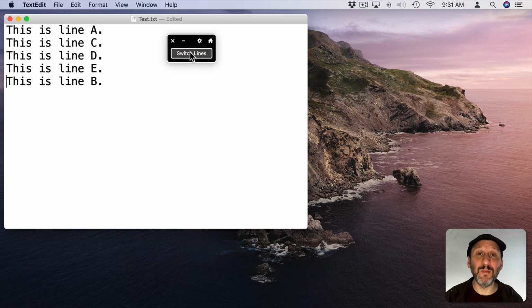And of course I can add more buttons as well to do other keyboard combinations. Now one advantage the Automator scripts have over this button here is I have to click on this button with my cursor. There's no way to assign a keyboard shortcut to it. The whole idea of these accessibility keyboards is to have something on the screen that you can interact with and not have to use the keyboard.